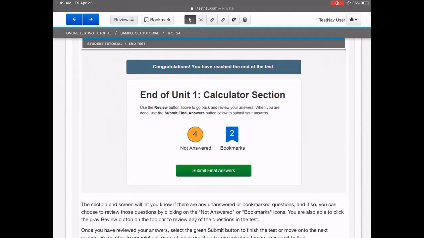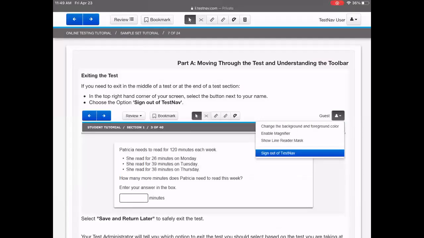Okay, so hopefully you will have a green check mark in that box and not a not answered and a number there, and then you would hit final, submit final answers. Then it's going to come up with another box, which it doesn't show in this tutorial, but I'll show you at the end. That's like, okay, are you really, really, really sure? And then once you click save,